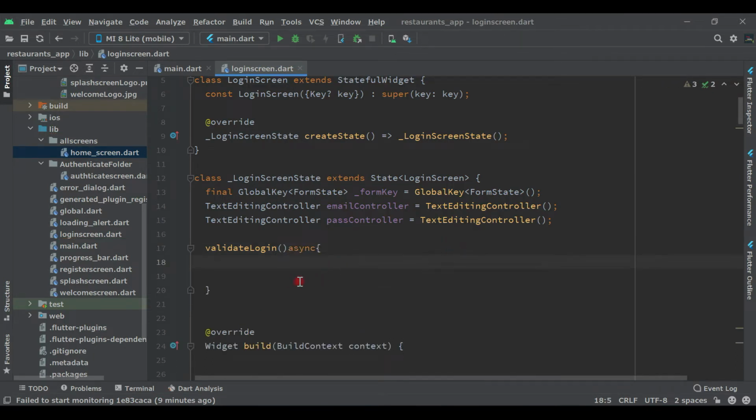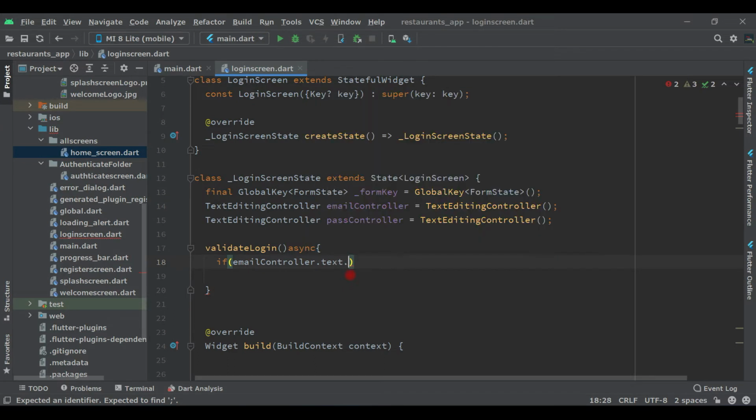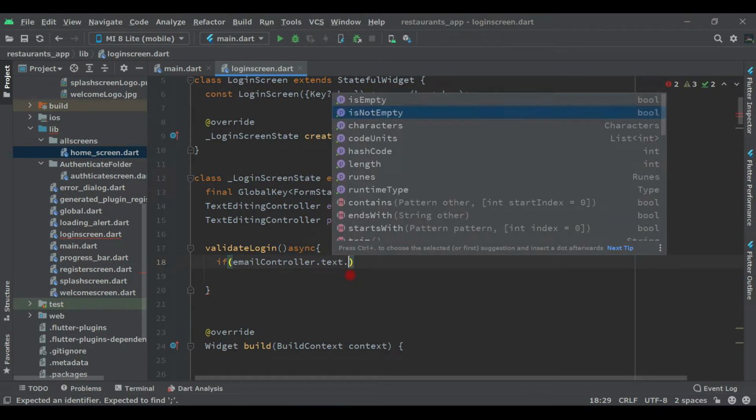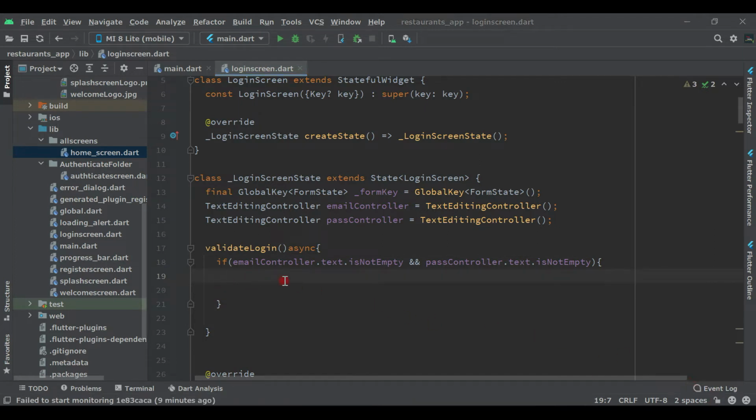And now inside this we will give a condition: if email controller.text is not empty and password controller.text is not empty, so what we have to do, here we have to allow user login. So just type a comment for now,